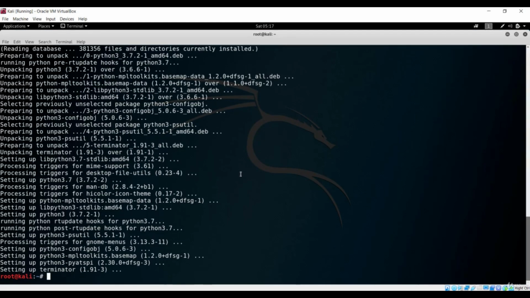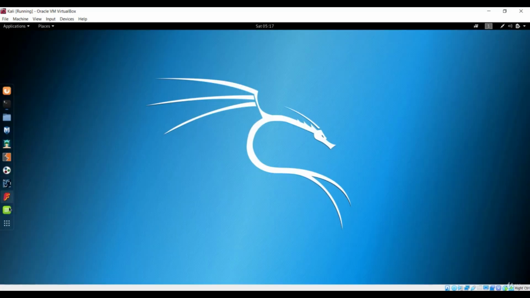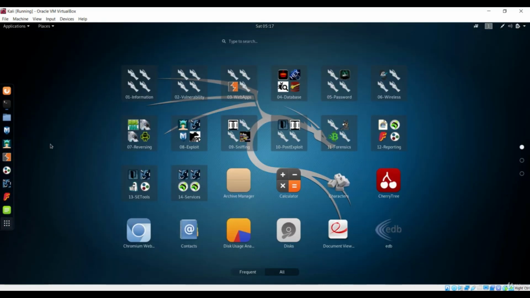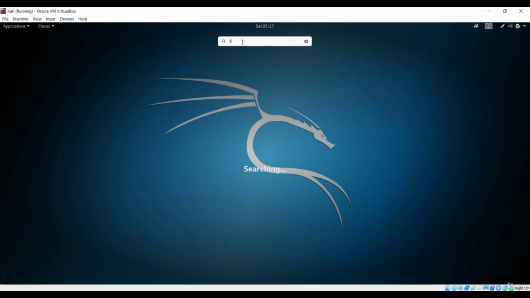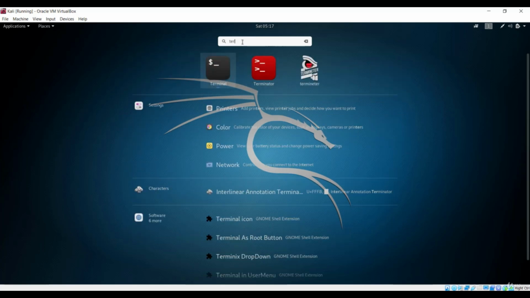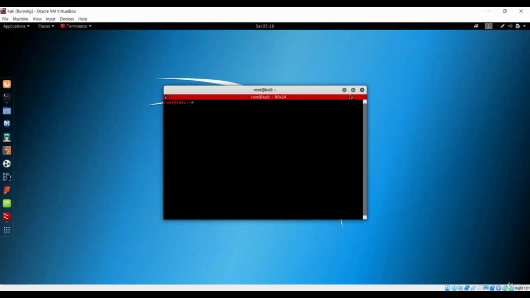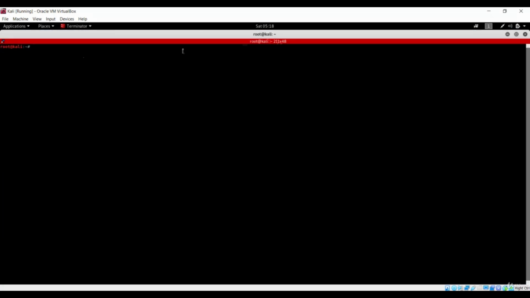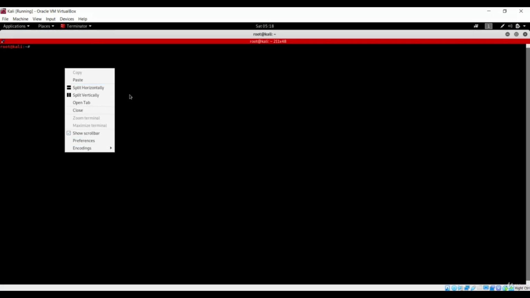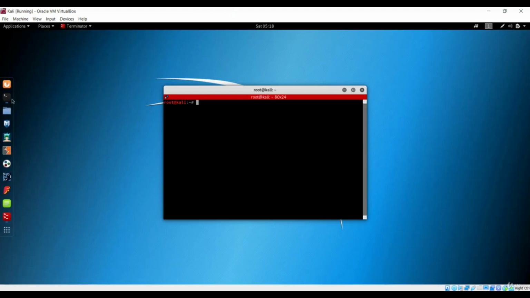So we have successfully downloaded the Terminator. Let's go back again here and search for the Terminator. There is a lag in the processor, so let me search for Terminator, and it is right here. When I press the Terminator, it is going to give us the same screen, the same as the Terminator screen, but it has more functionality than the terminal, or basically the normal terminal which comes pre-packed installed in this